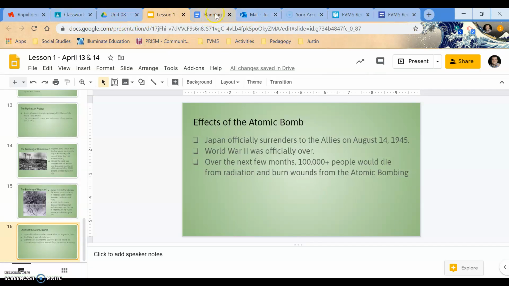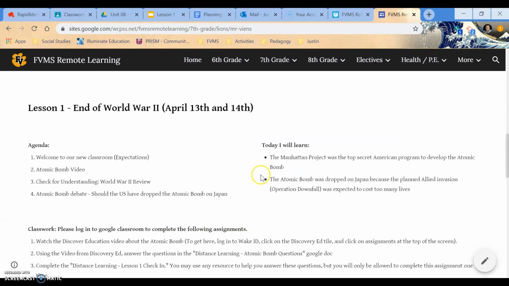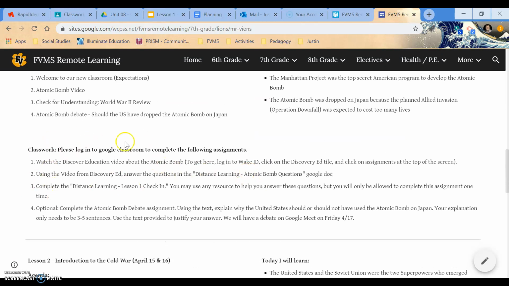So today what you're going to be doing is you're going to log into Google Classroom, okay? And the assignments are going to be posted for you in there. So what you're going to do, just follow the classwork directions down here, okay? These are the same directions that you're going to see in the Google Classroom, okay? And make sure when you're done, go ahead and hit submit. I'm going to give you kind of an unlimited amount of time to do this, but if you can get it done in like 5 days or so, these assignments aren't too terribly tricky. Go ahead and do that, okay?